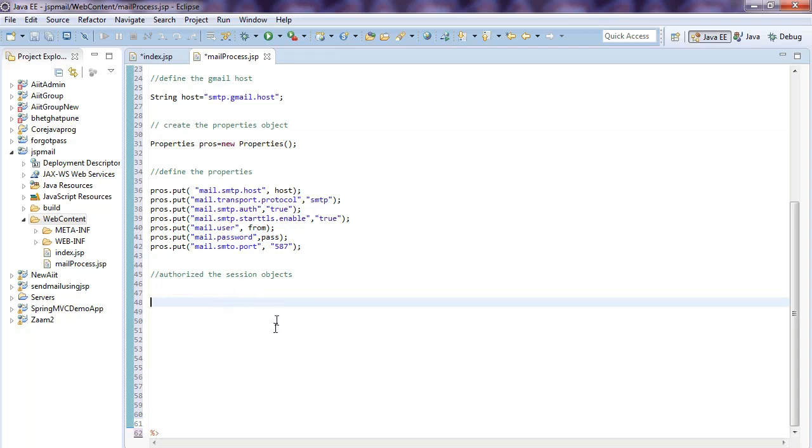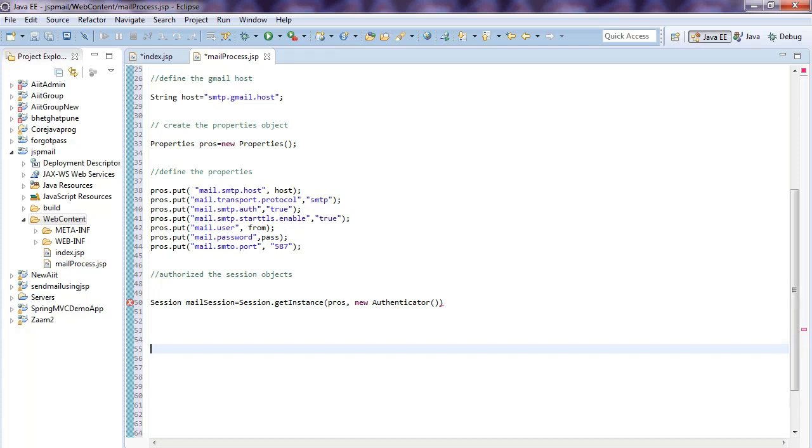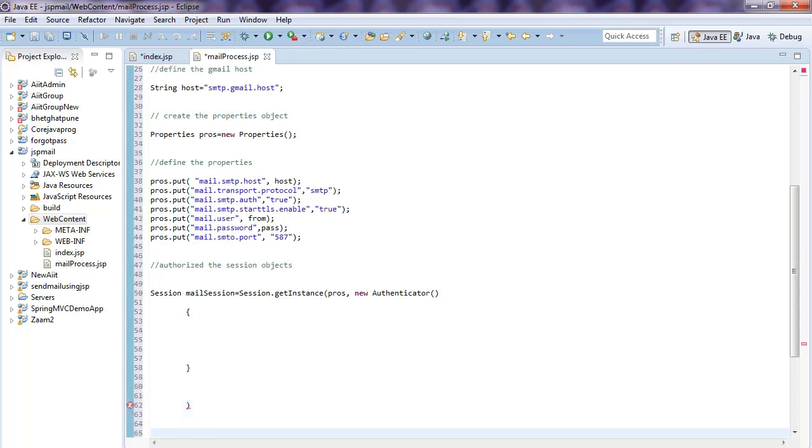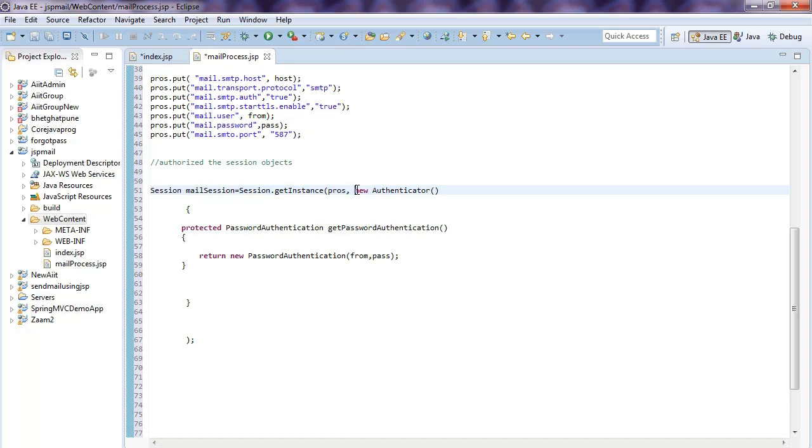Okay, you write here and you create a new Authenticator.